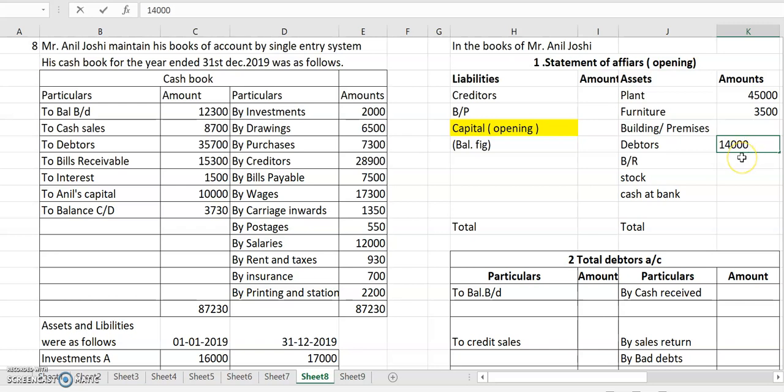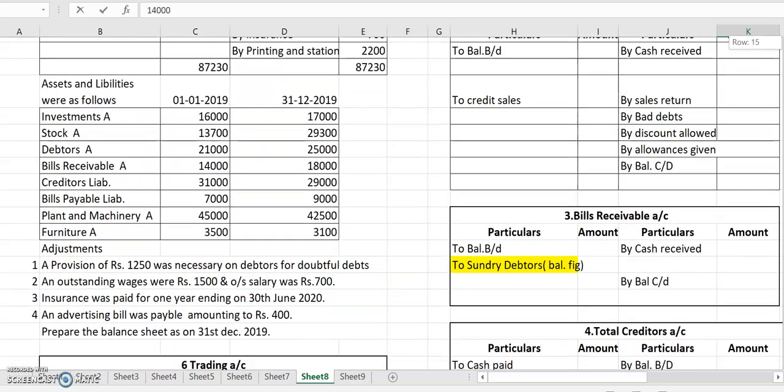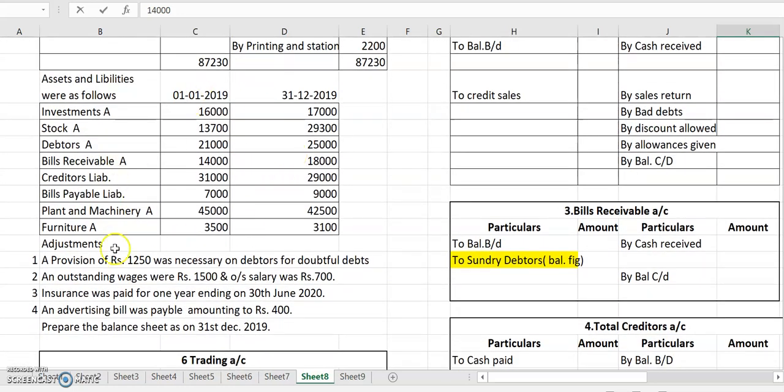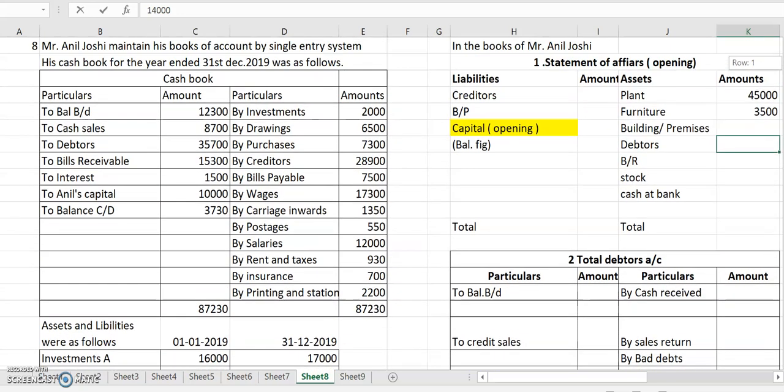Then bills receivable. Yes, again we check your balances here. You can see the cursor. So bills receivable is 14,000. Sorry, debtors are 21,000. Debtors 21,000 and bills receivable 14,000 are recorded on the opening date. Then we move towards the stock. Stock is recorded as 13,700